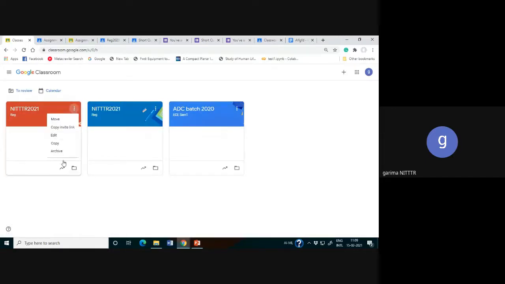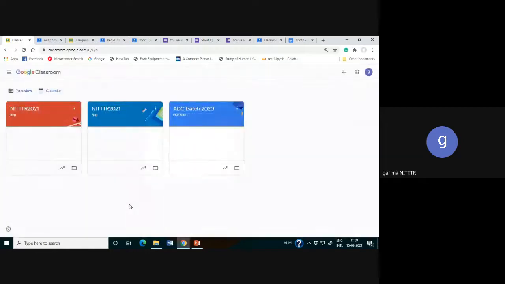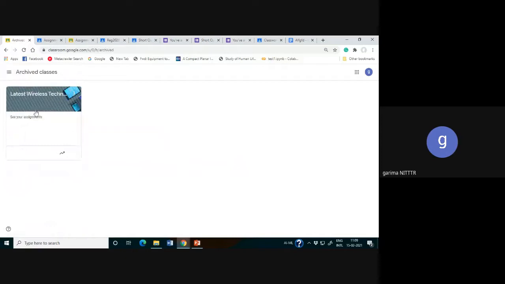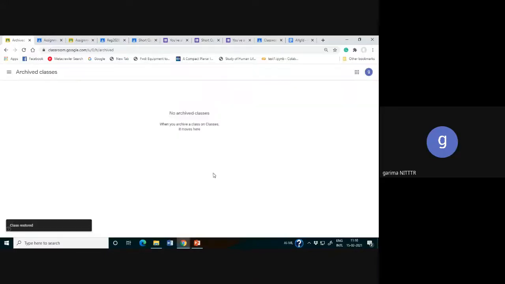If we click it, it will go to the Google Drive. I have already archived one class, the latest wireless technology class. Whenever I click on this, it asks me to restore. I restore it, and it shows again on my Google homepage. So now there is no archived class, and all four classes are available.